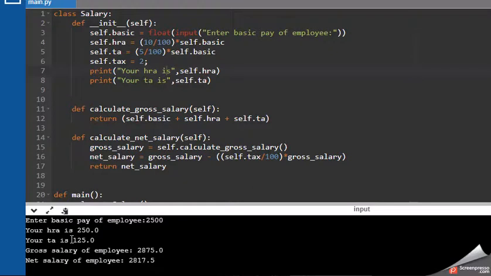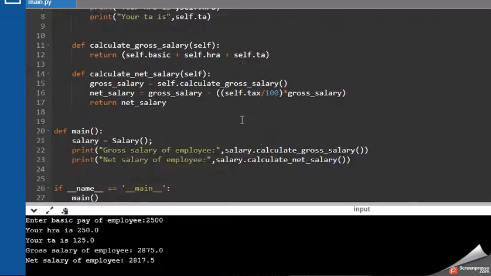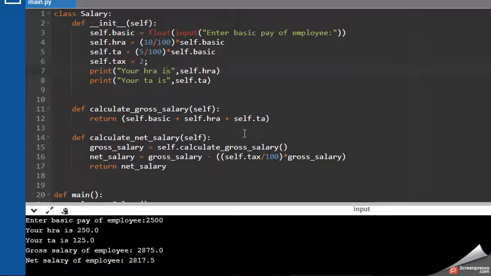Then 125 will be your TA out of 2500, so it has calculated the gross salary as 2875. Now the net salary it has printed after deducting the 2% professional tax. So after the whole calculation, including HRA, TA and 2% professional tax, the person will get a net salary of 2817.